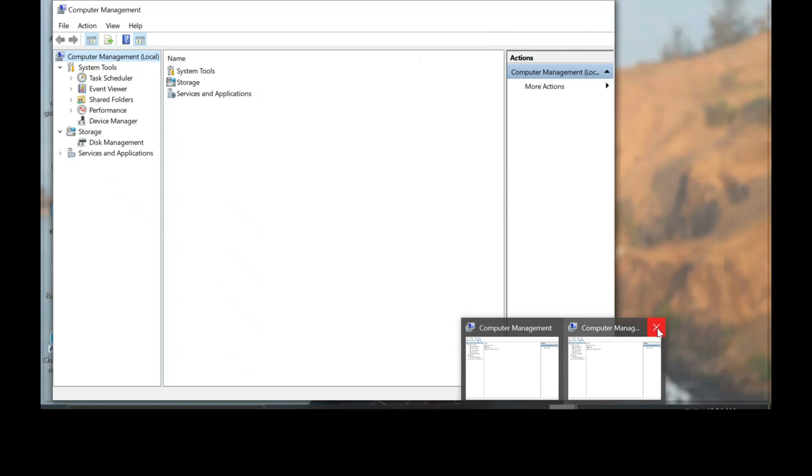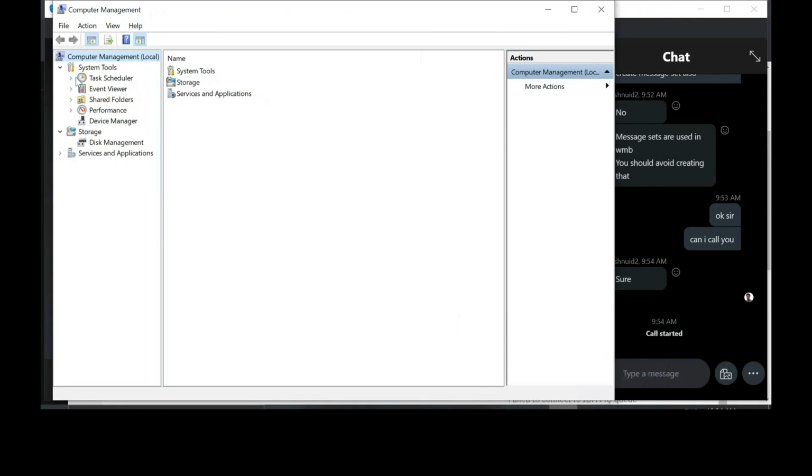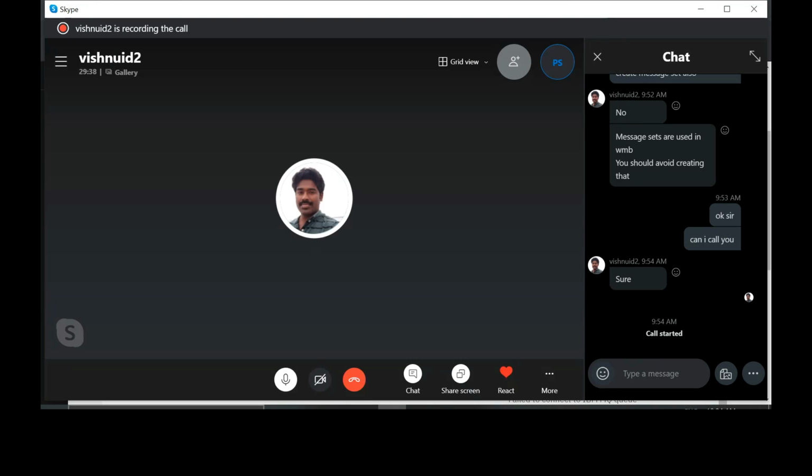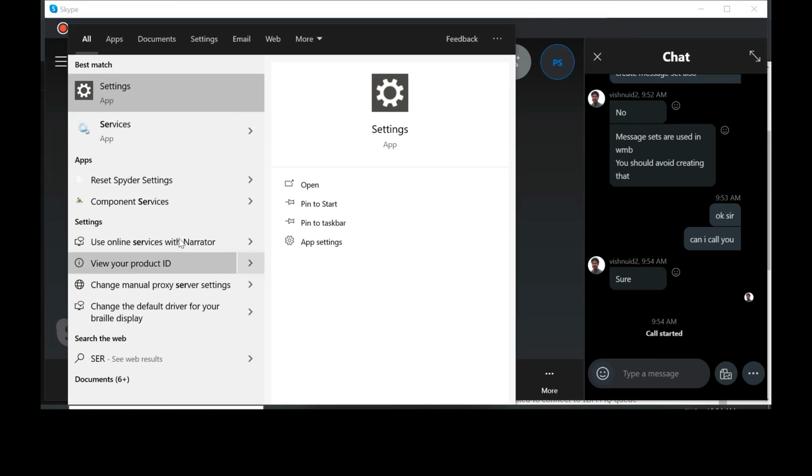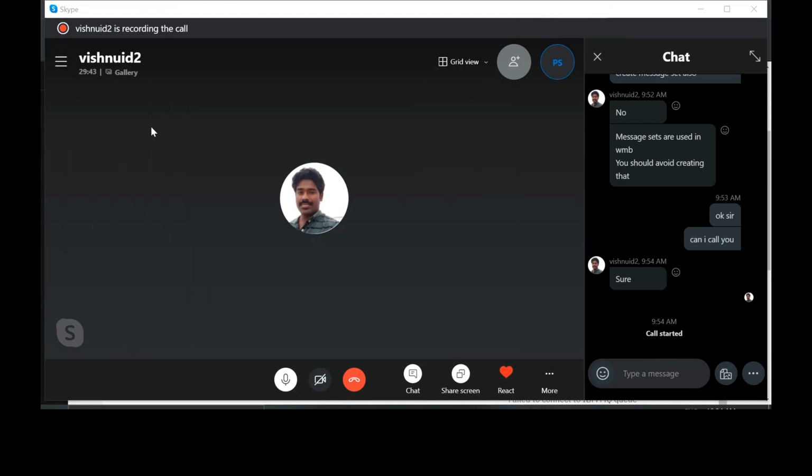It's not computer management, it's something else. You have to include your broker and the queue manager in a particular group, the MQM group. See if Vedan is under the MQM group.